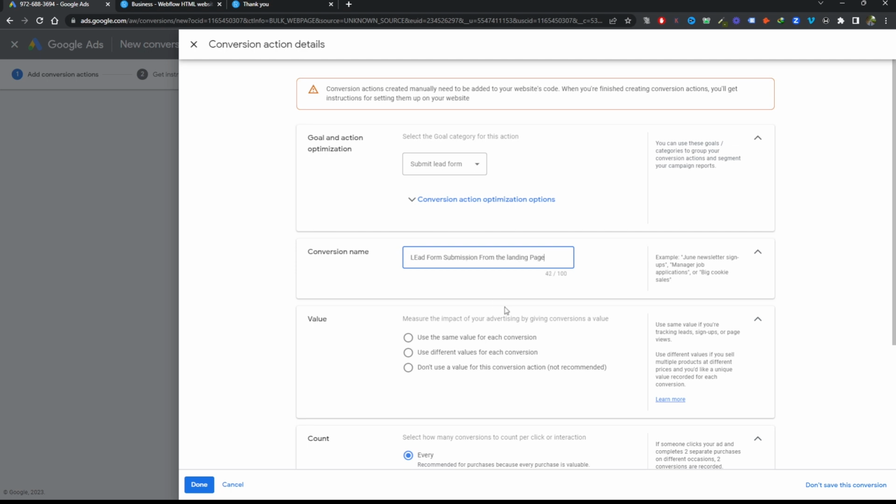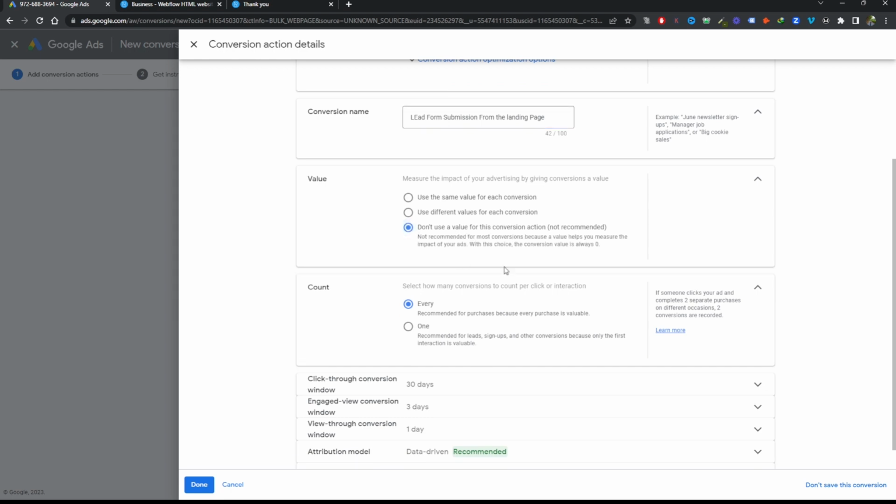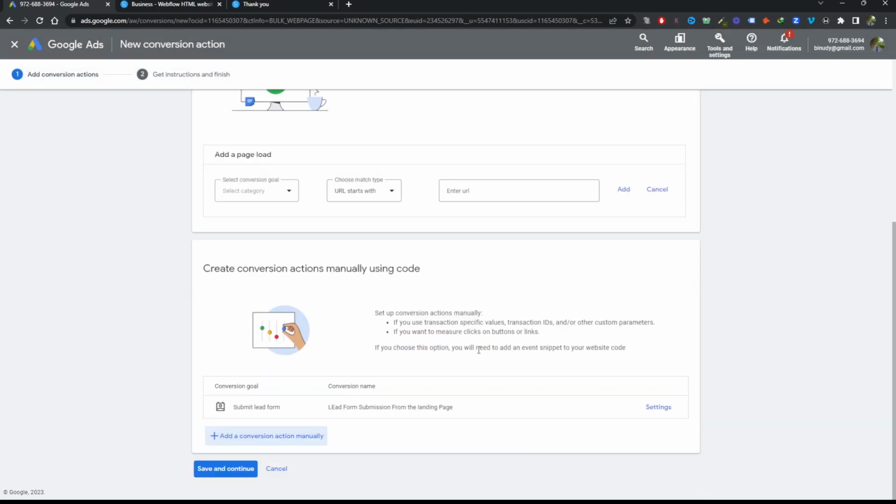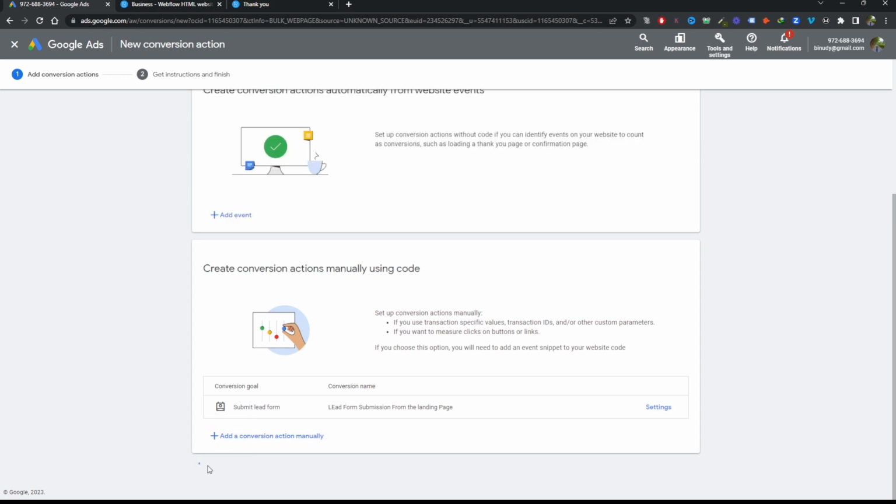page, right? So under the value, don't use a value, right? Count this as 1, same as before, right? So don't worry about these things, and hit done. So as you can see, submit lead form submission from the landing page. The conversion we have created successfully, it's showing right over here. We have to click save and continue,